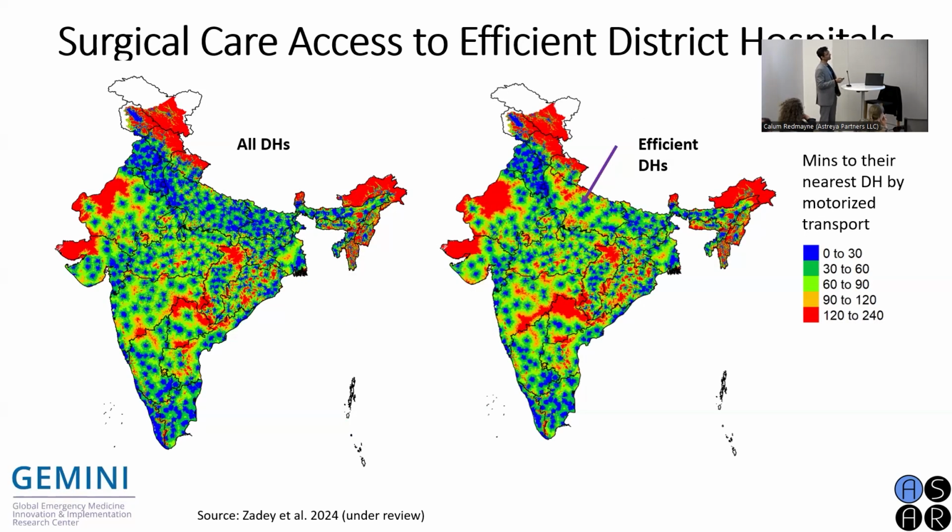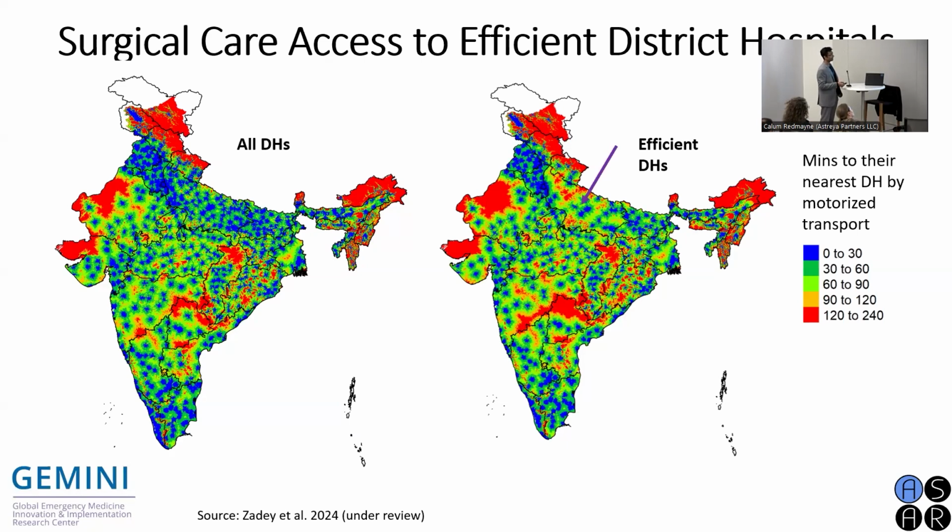Okay, and that's what we see when we compare timeliness with respect to all district hospitals, which is this map, versus only taking the ones which are efficient. And so there are small differences. One that I wanted to highlight here, you see way more people within 30 minutes in this case, versus here you now start seeing small pockets where people are even above 120 minutes from the nearest efficient district hospital. Similarly, there's also a widening of this region compared to this one where you're losing healthcare access.